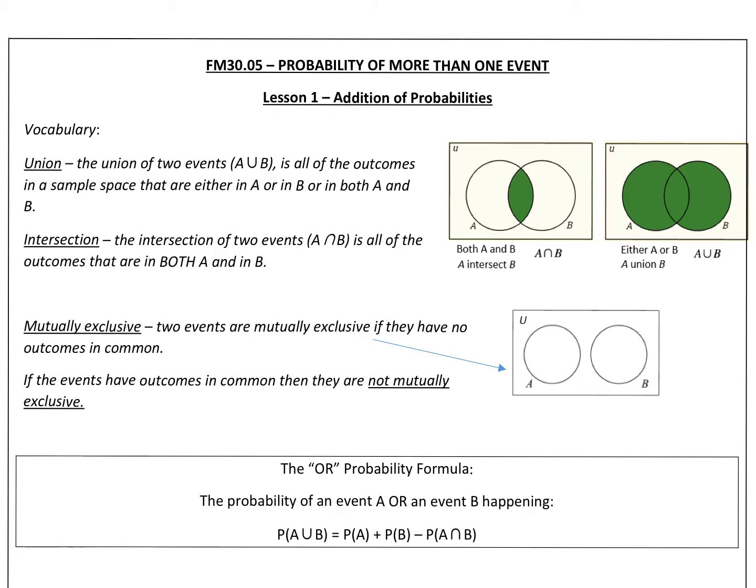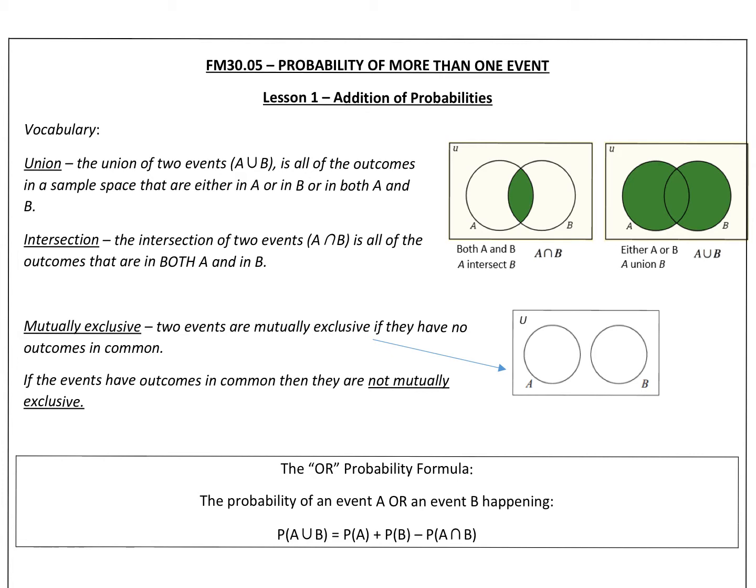Welcome to Foundations of Math 30. This is outcome 30.05, probability of more than one event, lesson 1 on addition of probabilities. What we're going to look at in this lesson is questions that involve the word "or" and how we